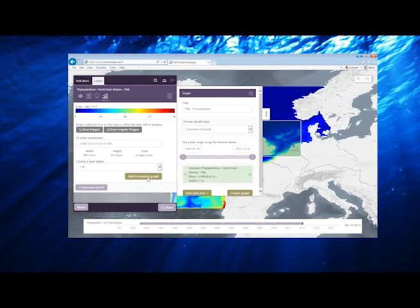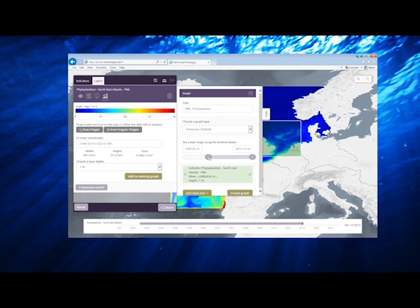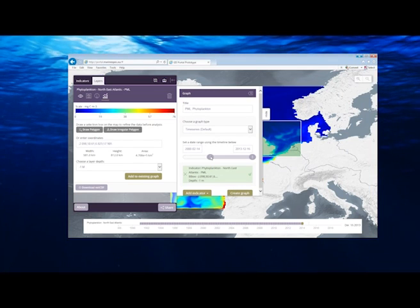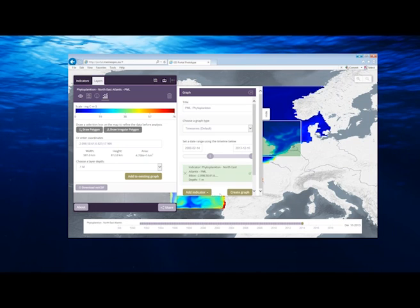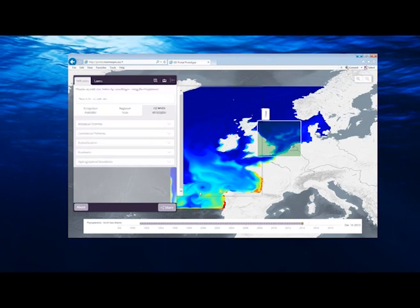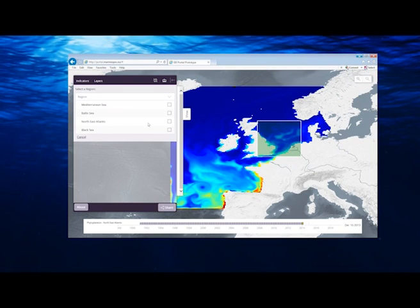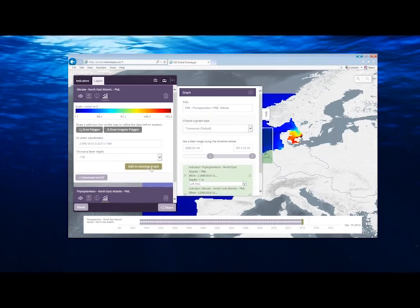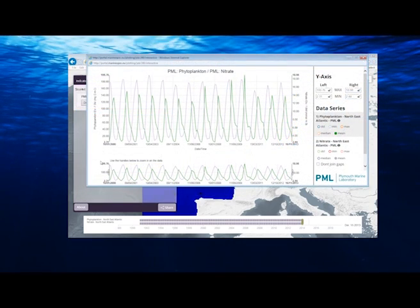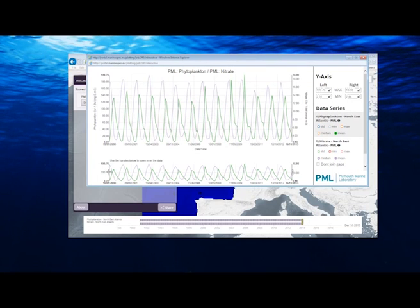We can select a time period, so let's choose what's happened this century, starting with the year 2000. Now, the growth of phytoplankton is affected by nutrients, so let's choose another indicator for the North Atlantic, say nitrate, and add that into the plot to see how the 2 indicators interact. The portal shows this quite clearly on the graph. The green is phytoplankton and the purple is nitrate, and by using this tool I can zoom in on any